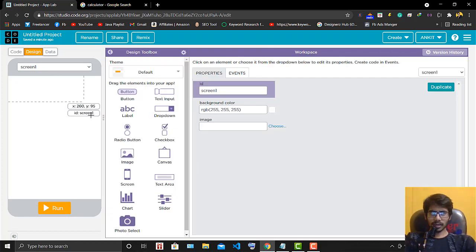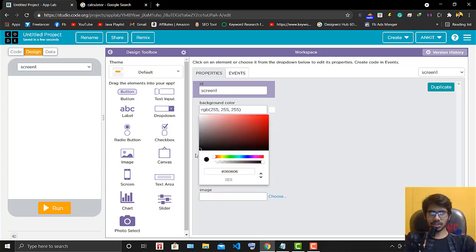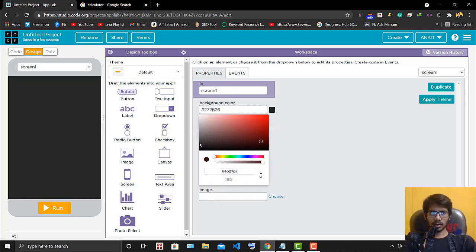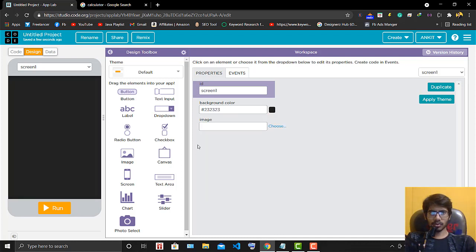So I go into the designing, and I will take this screen and change the color. I will not go with a fully dark color; a little bit of tint of this color should be there, because the dark color is too contrasty. For this screen one, I do not give it any ID. Now at first you must display the numbers.